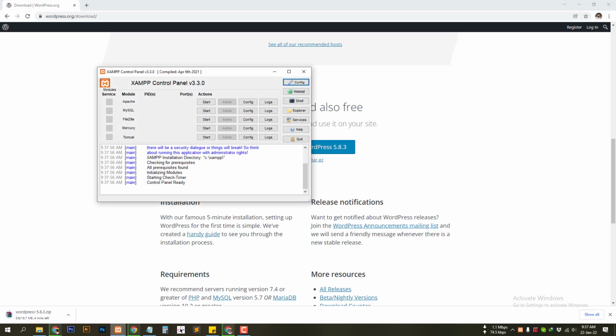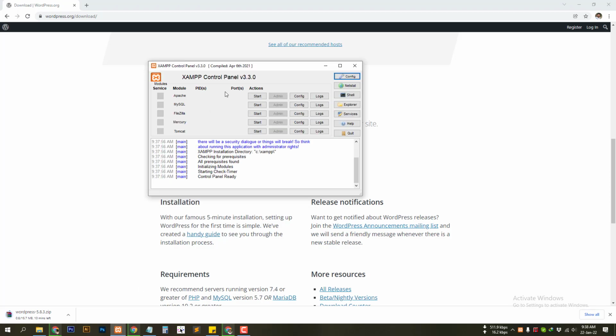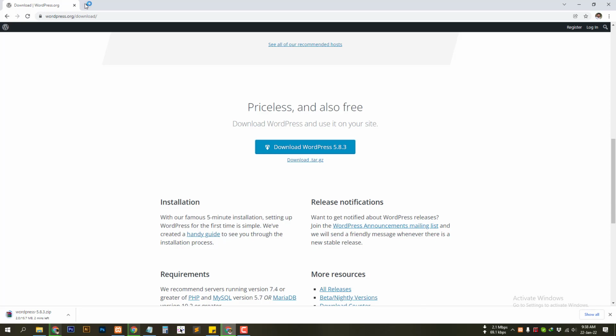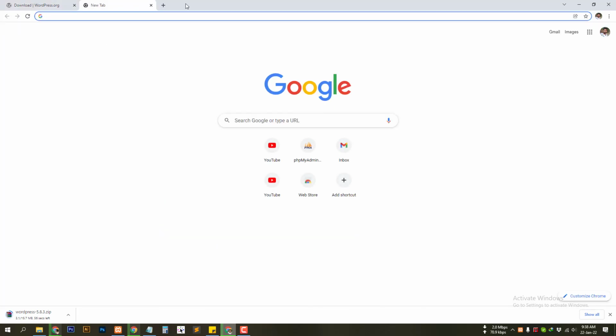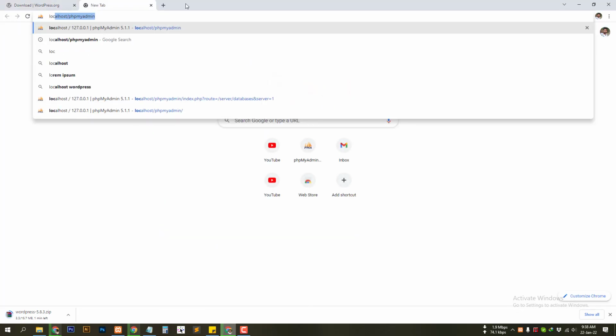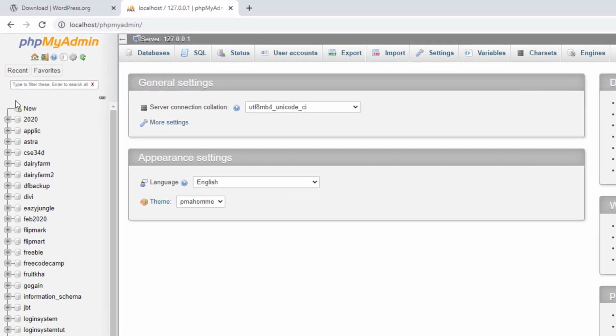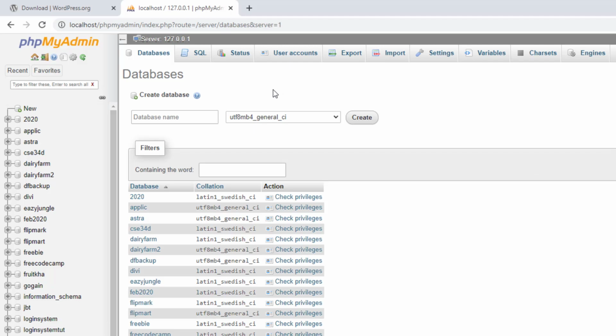database. So you open the XAMPP program and start Apache and MySQL. So it has been started. So you can simply minimize and go to your localhost and phpMyAdmin, and we are going to create a database for your WordPress website. So let's call it